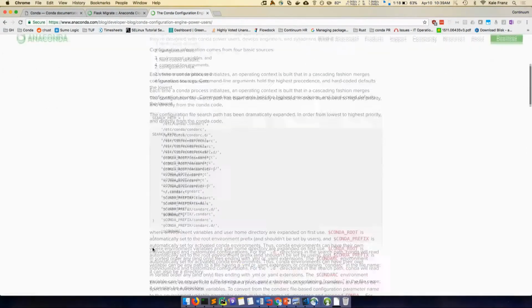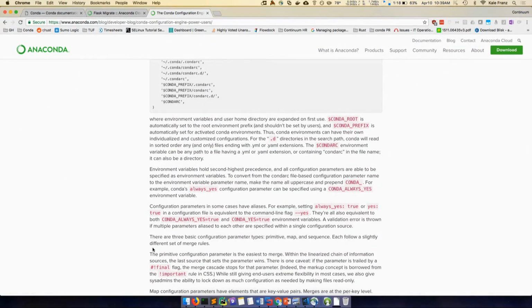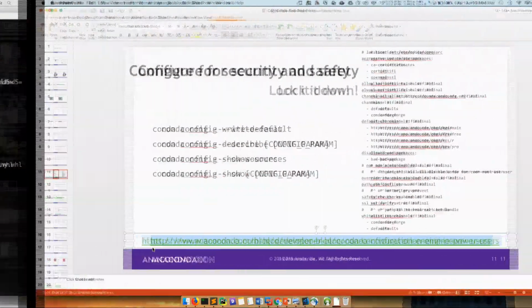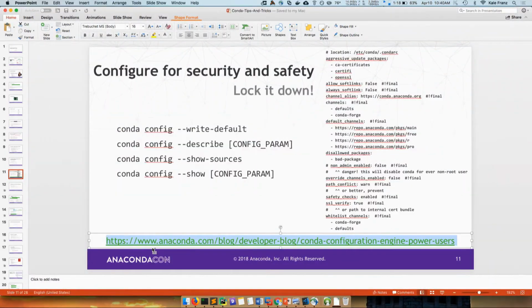There's a blog post that explains a lot of this, but this configuration is beefed up especially for sysadmins, so that basically you can lock Conda down on a whole system, if you really need to and want to make things as secure as possible. Because we let you bootstrap: you download our installer, you can bootstrap Miniconda anywhere and be running any code from anywhere. So we're trying to give you a way to at least lock that down a little bit.